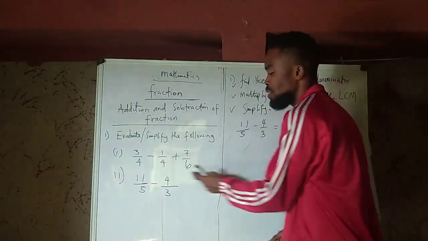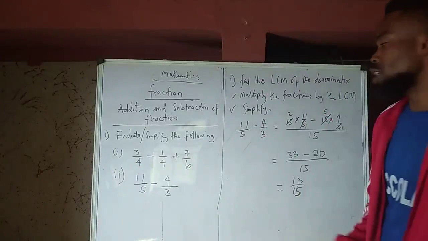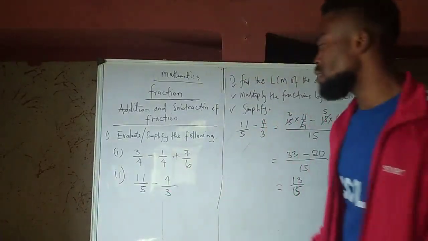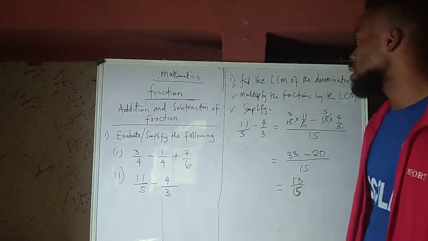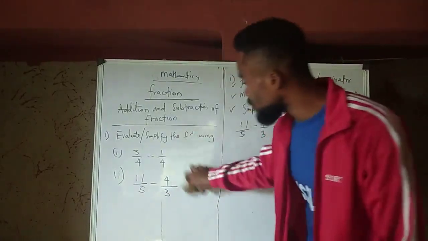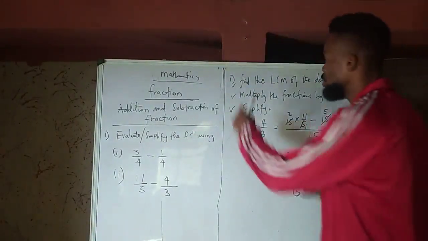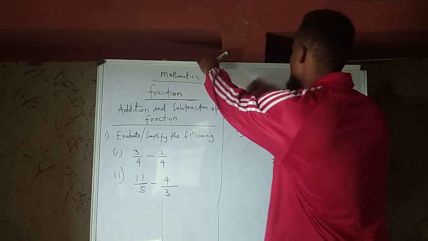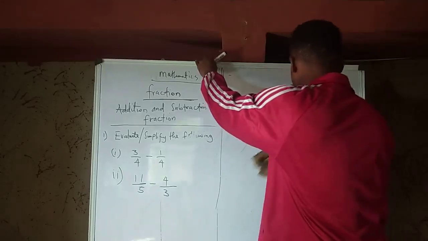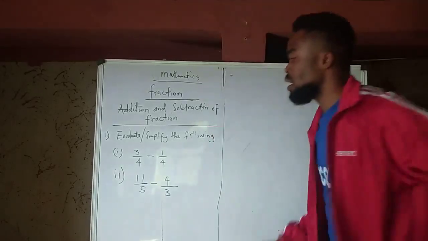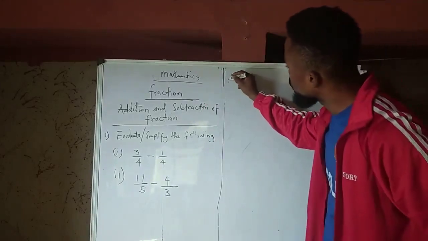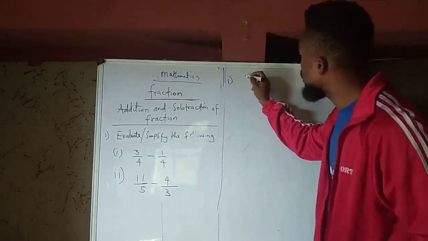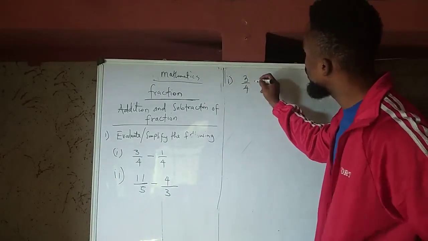All you just need to do is to get the LCM of the three denominators and repeat the same procedure. Okay, I think I should do something close to that right away. Let's say we have this, and you are required to solve this. You are required to do 3 over 4 minus